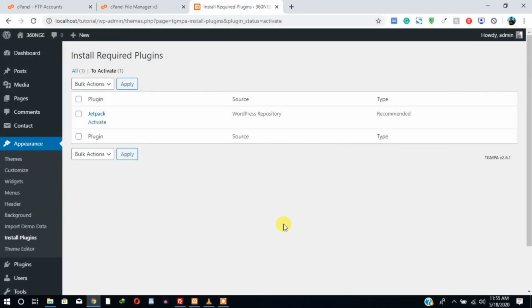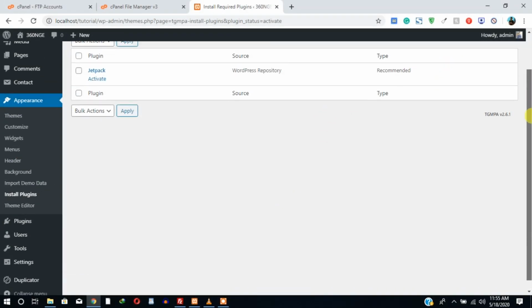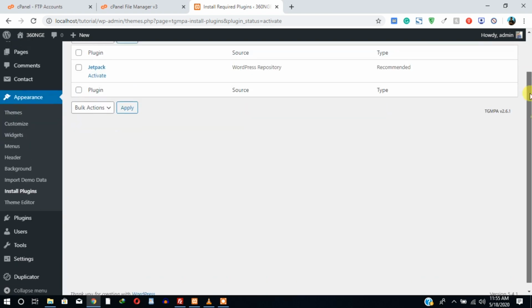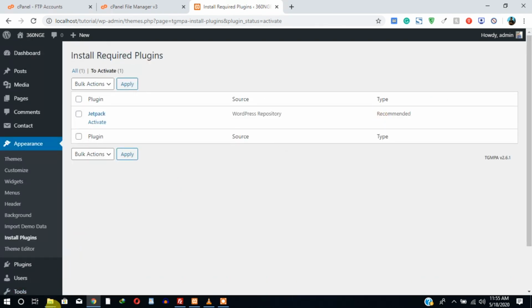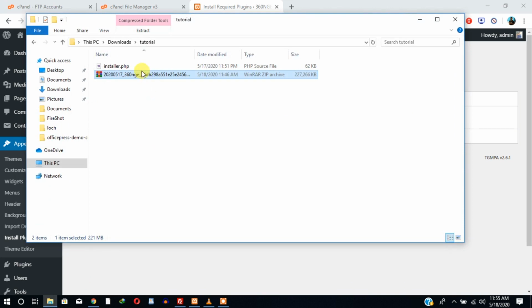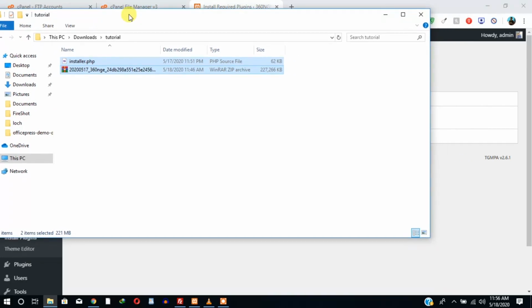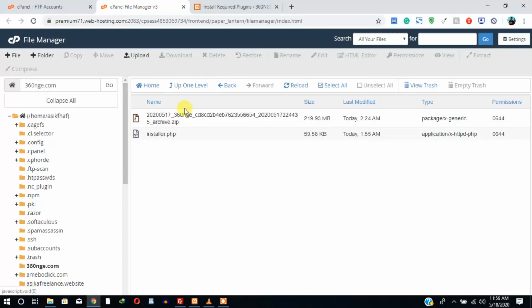Once you have those two parts of the package downloaded on your system, like I have over here, the installer and the zip file, all you need to do is upload these two files to the root directory of your domain name. There are a few ways you can do this. You can use SSH, you can use FTP, or you can just use the default file manager like this one here